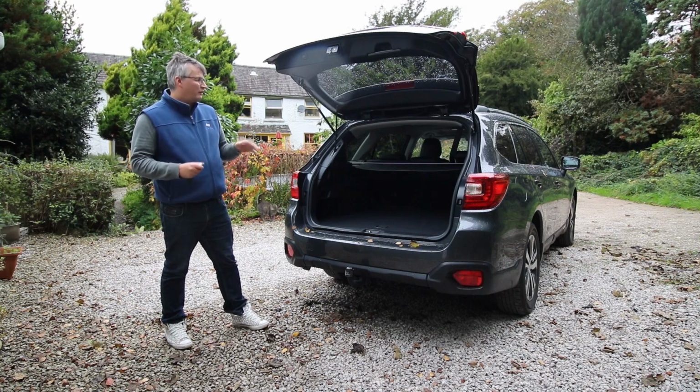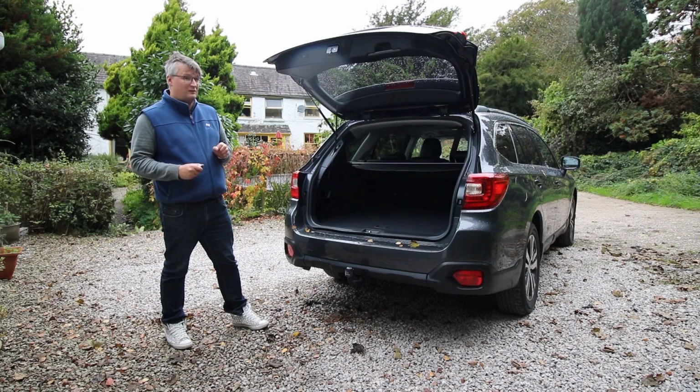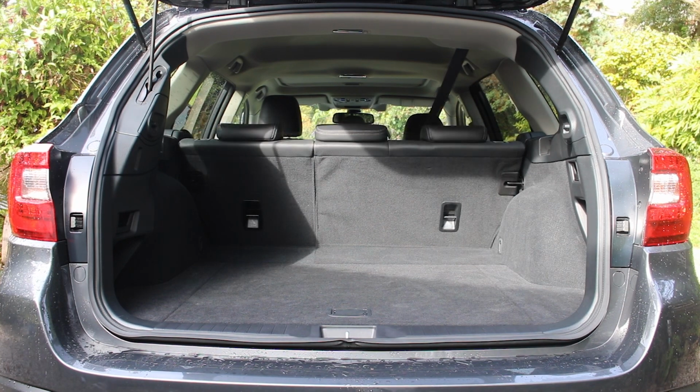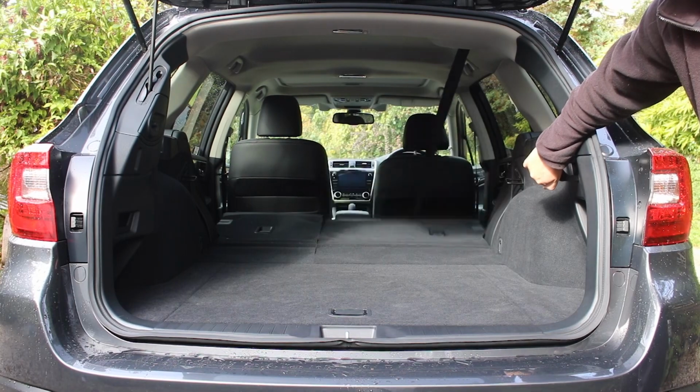However, the staggering part is when you drop the seats, it increases to 1,848, which is, well, it's pretty astronomical. You could get 2 mountain bikes in there. The seats are 60/40 folding, and it doesn't lay completely flush, but it is pretty damn flat. As you can see,